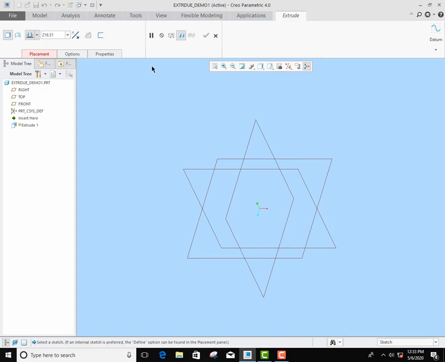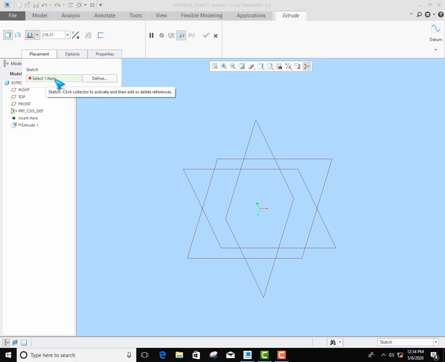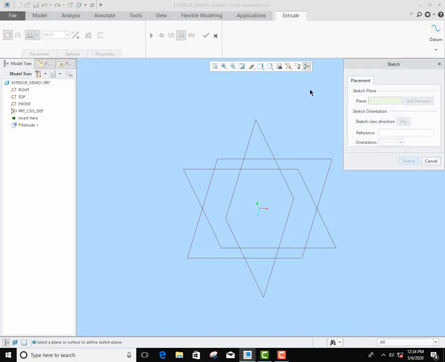From here you can use the options available. After clicking on Extrude, click on Placement. After clicking on Placement, you will get two options: one is Sketch and then Define. If you already have a predefined sketch, you can directly select it from the available ones. But in this video I am showing the Define mode, how to define. Click Define, and the Sketch